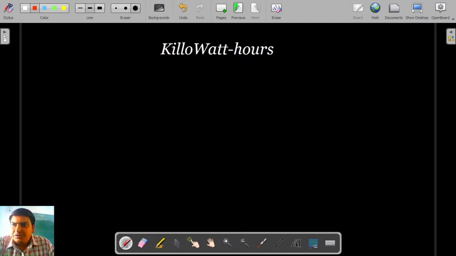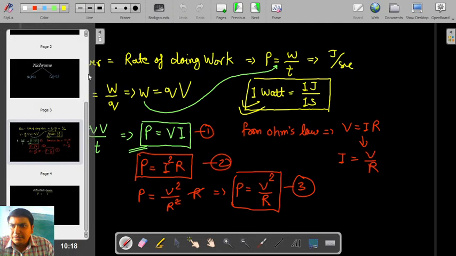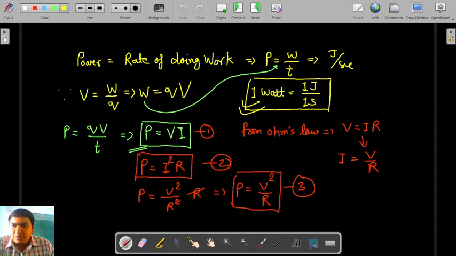If you observe this whole statement, kilowatt hour, then you can understand that kilowatt represents the power, and the hour part represents the time, which means this is some kind of power multiplied by time. And from the previous formula, power equals W upon T, so we can multiply T with power: P into time T equals work done.